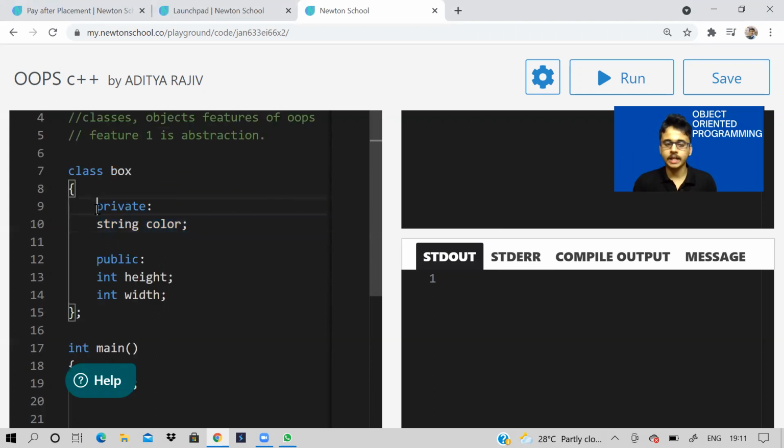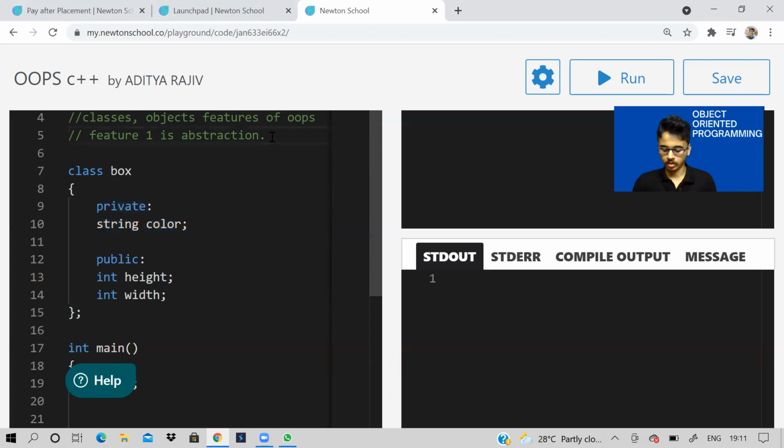So this is one example of abstraction, which is basically hiding the unnecessary details. So in our example, we are only interested in the measurement of the box. We are not interested in color. So hide it. You can hide it like this, make it private. So this is one feature, which is